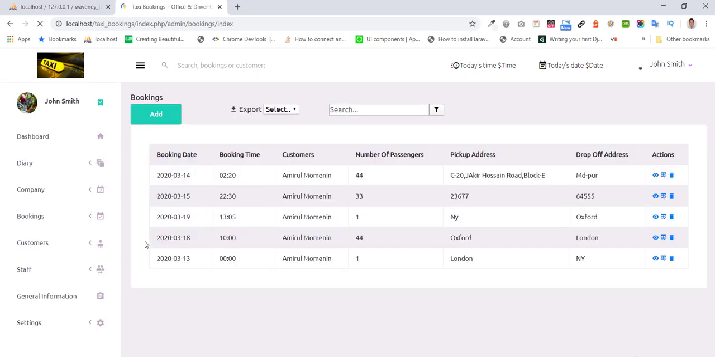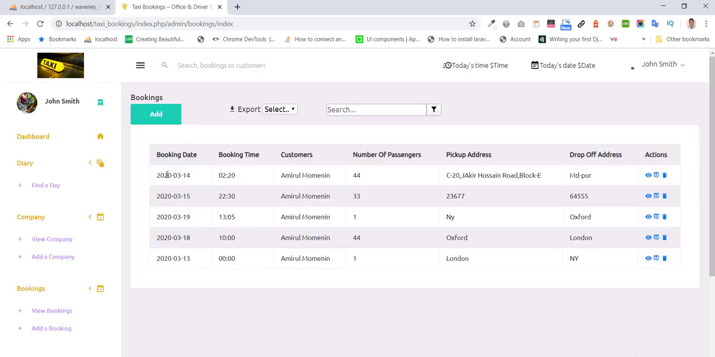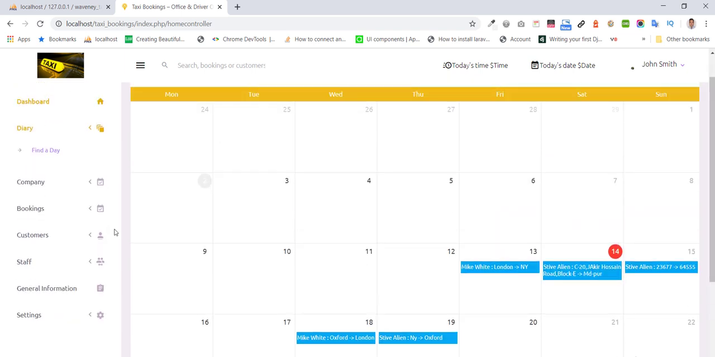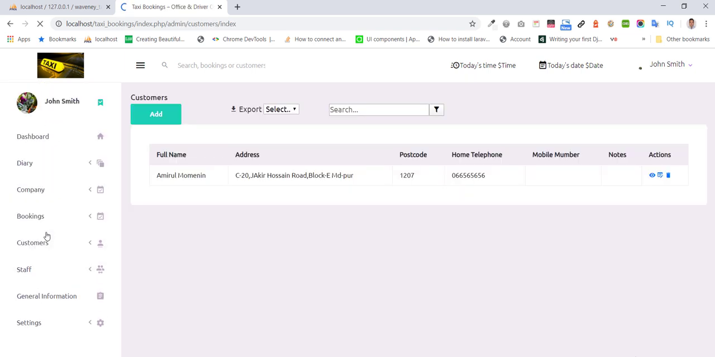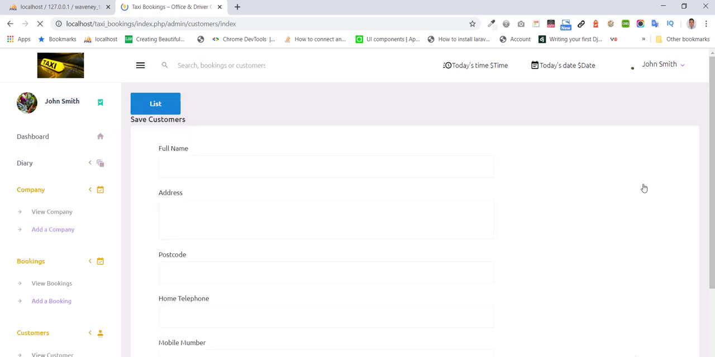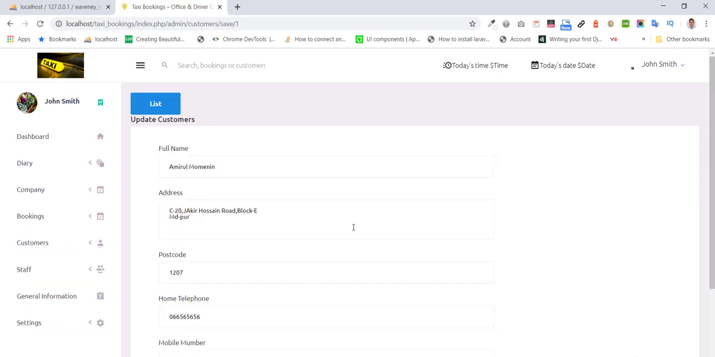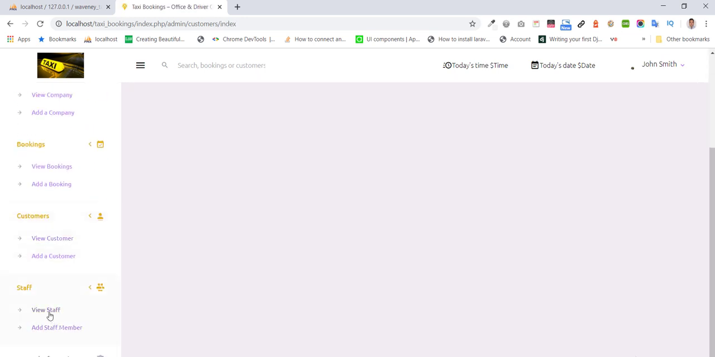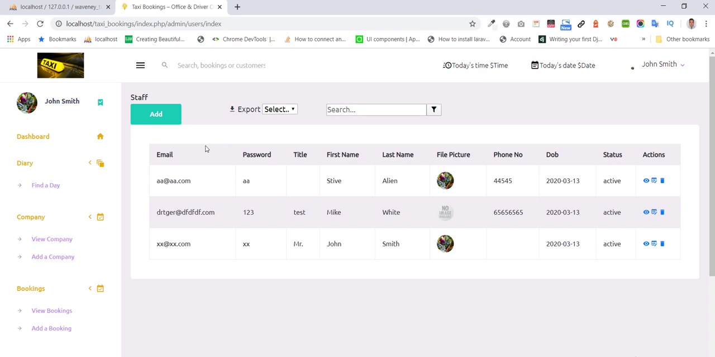We're gonna save. We save the booking and we can see this on our calendar. We can add customer, we can manage user or staff,